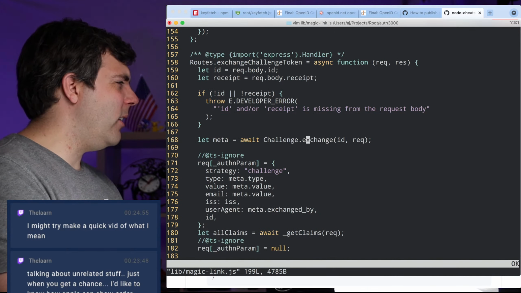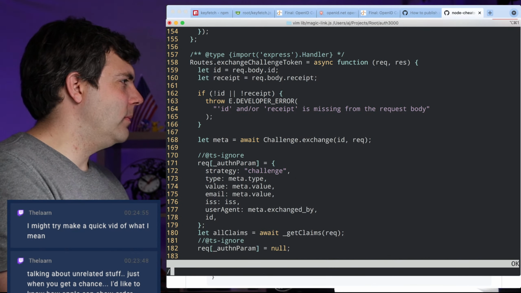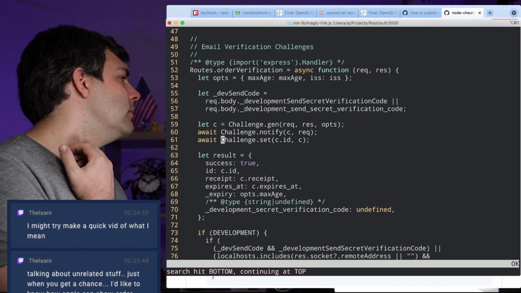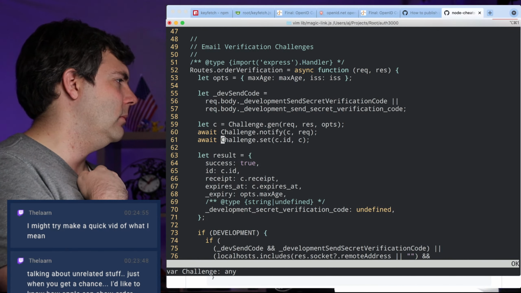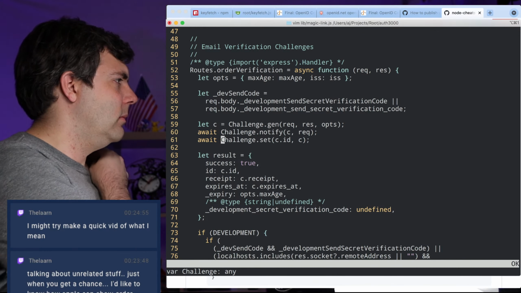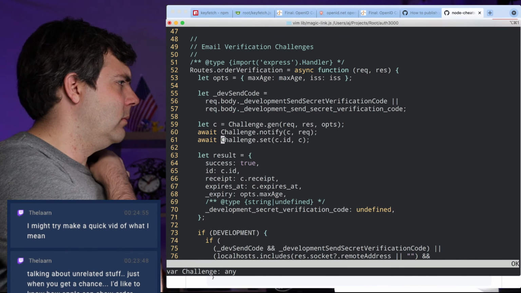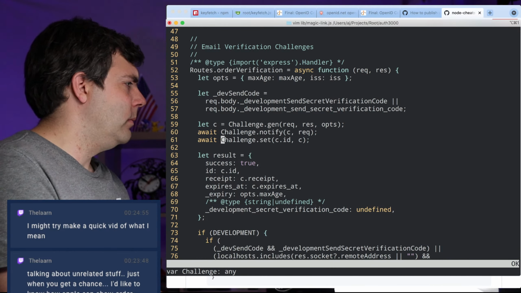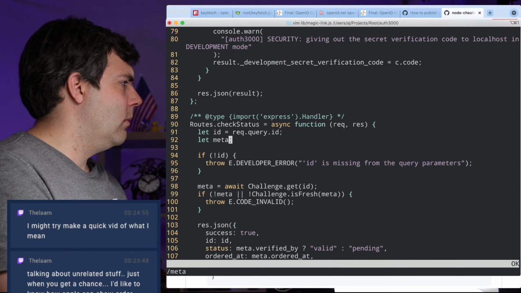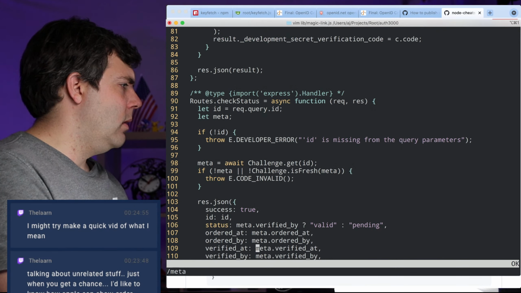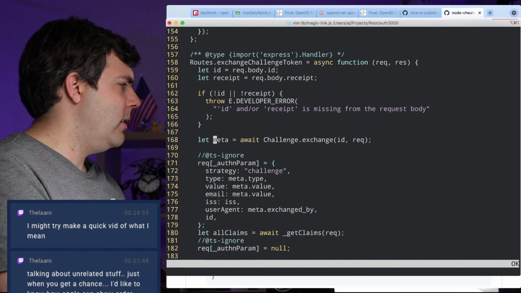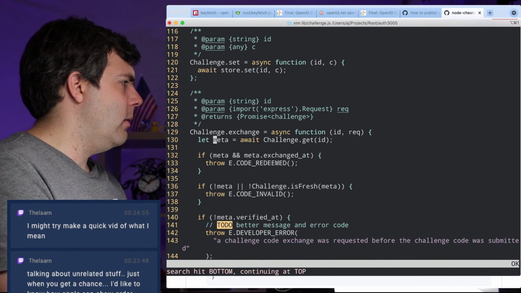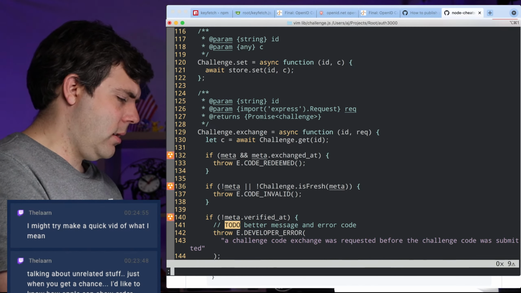Okay, so I guess this isn't really that long. It's just ugly. So I kind of want to rename everything that's called meta to just the letter C. I think that would make this a little bit easier to reason about, especially in this file here.